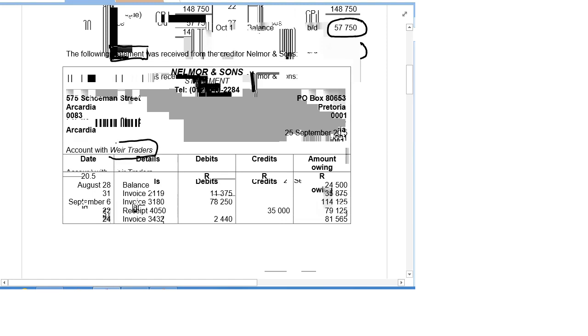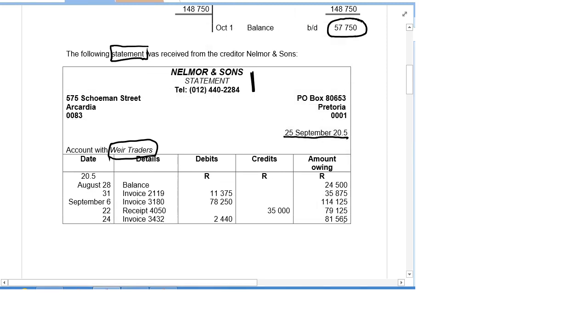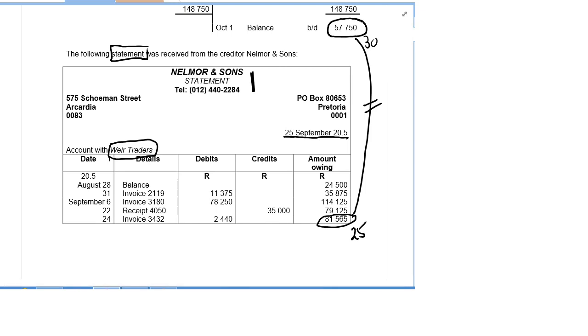We are traders. We just need to check and see this statement was done at the 25th of September. At that date, they say we owe them 81,565. So you will see the two amounts are not equal. One of the reasons for that will be because this is on the 30th and this is on the 25th. So there would be transactions that happen in that 5-day period that haven't been recorded by the creditor, but there